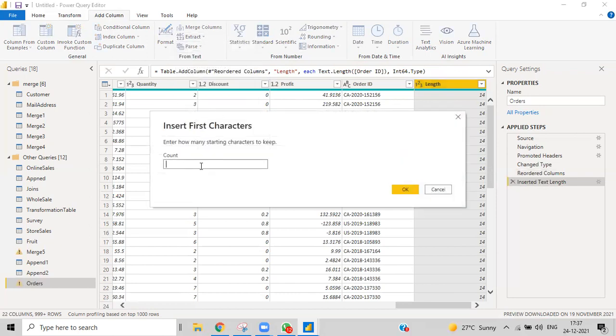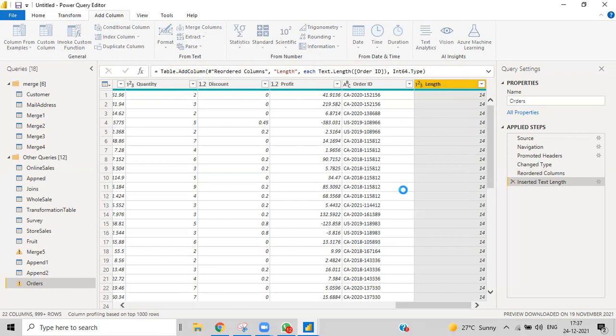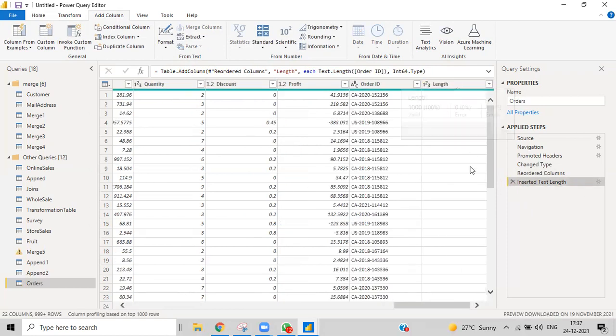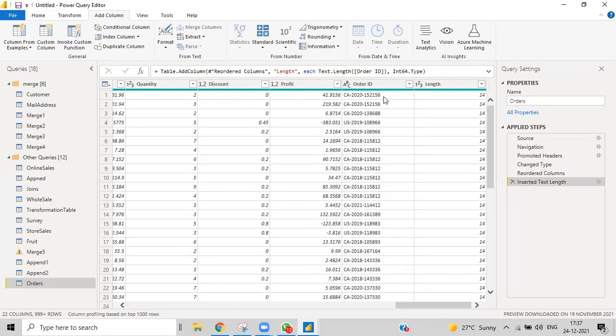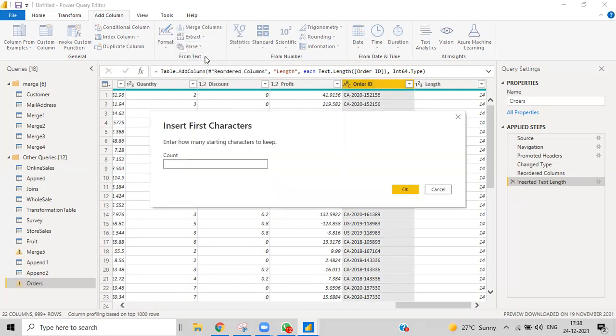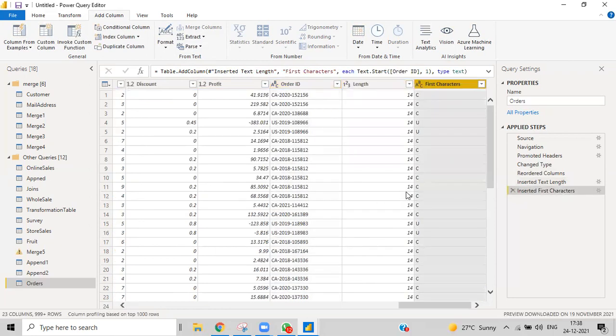Count of characters, meaning how many characters you want to show.